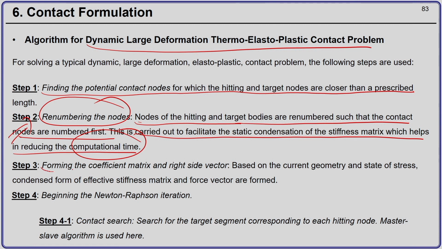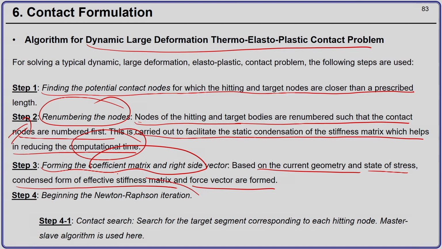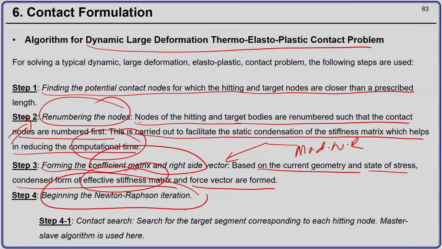Now, we form the coefficient matrix and the right hand side force vector based on the current geometry and state of stress, and the condensed form of the effective stiffness matrix and force vector are formed, and then we form the Newton-Raphson iteration. So, this here corresponds to the modified Newton-Raphson scheme,